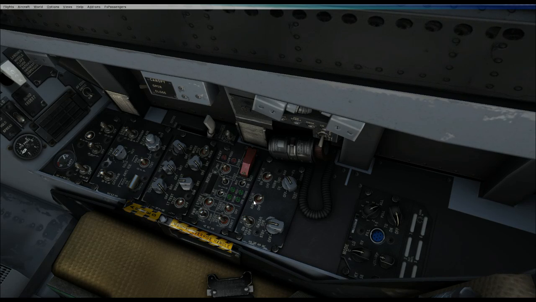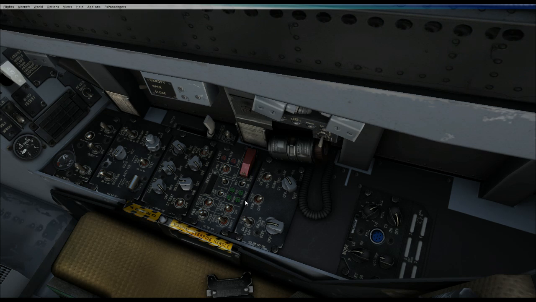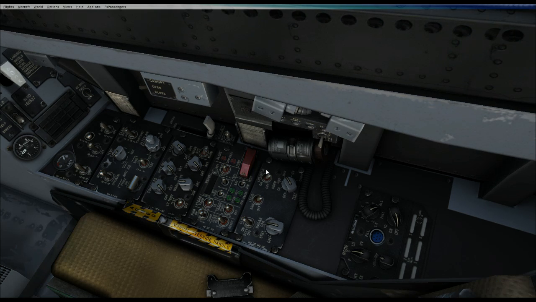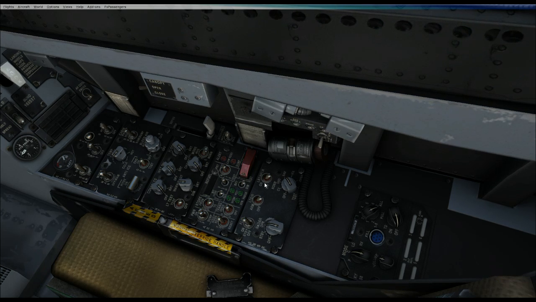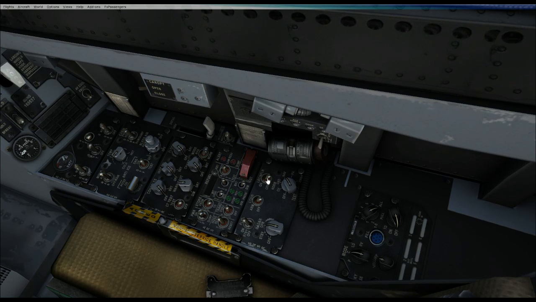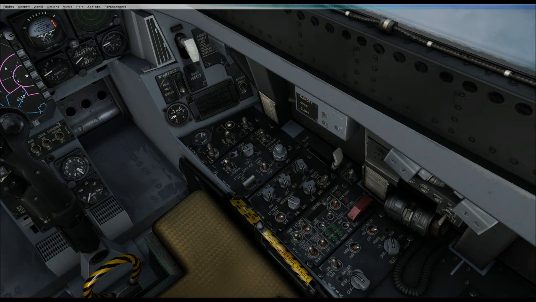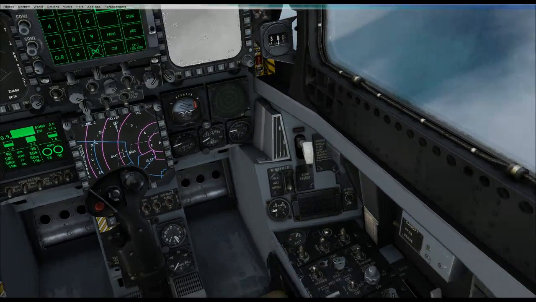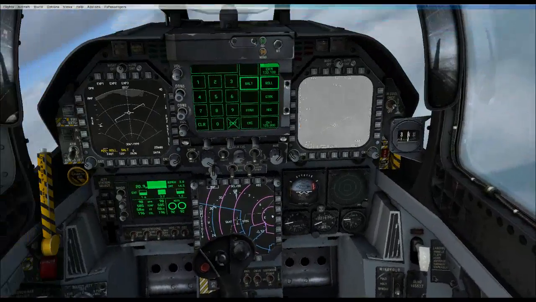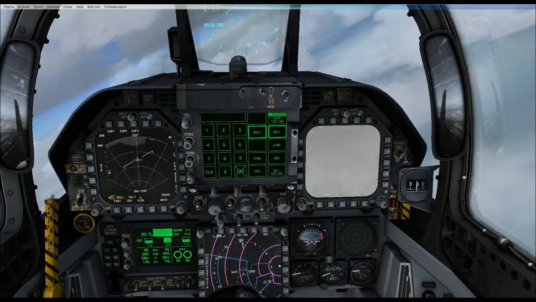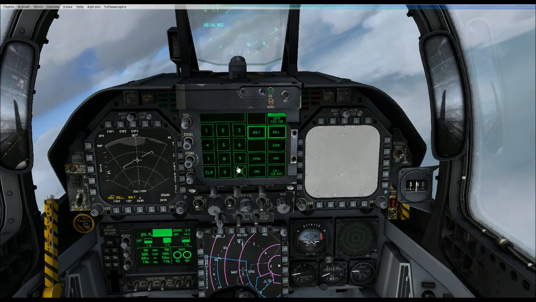These are the laser target designator for dropping bombs and the infrared laser sight target. So you can laser a target for a friend or one of your bombs. You don't need those on because we're not dropping bombs today. But this is what it looks like up here